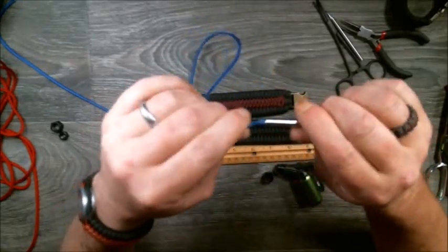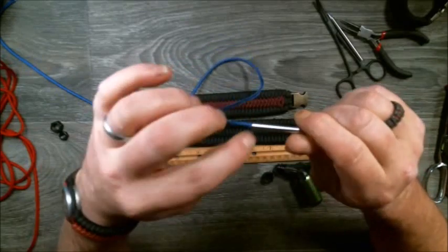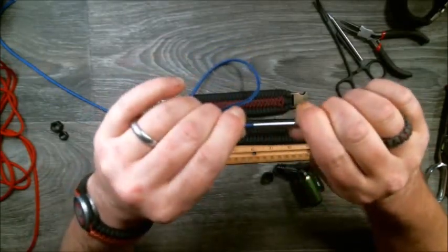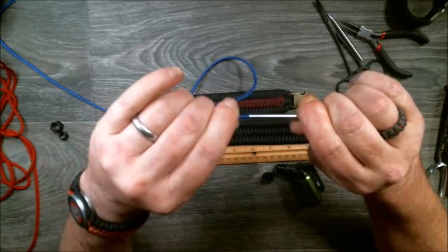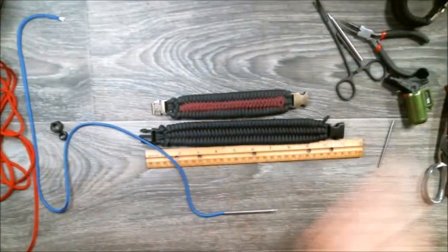We'll get it on there. I always tug on it to make sure it's not going to come out. If it comes out, I burn the end of it again. I want it to be in there and not come out. Yeah, I'm putting some, it's not coming out. Okay, now this,